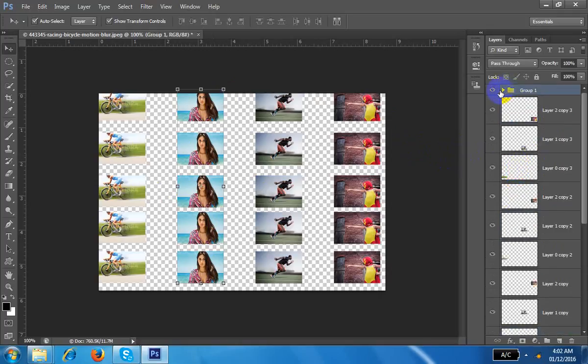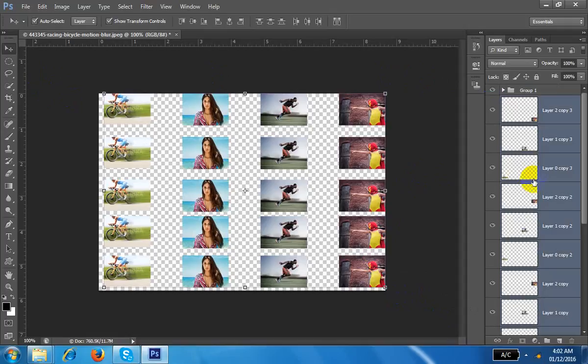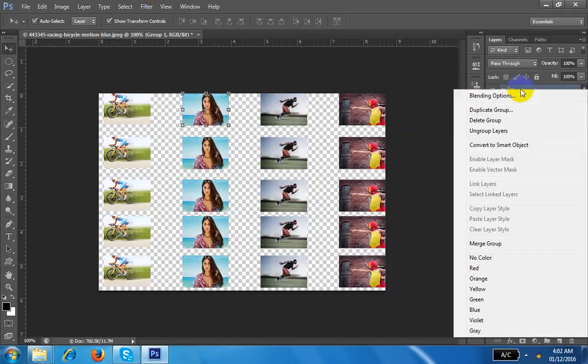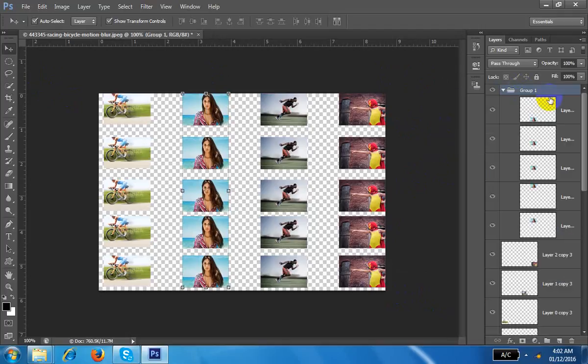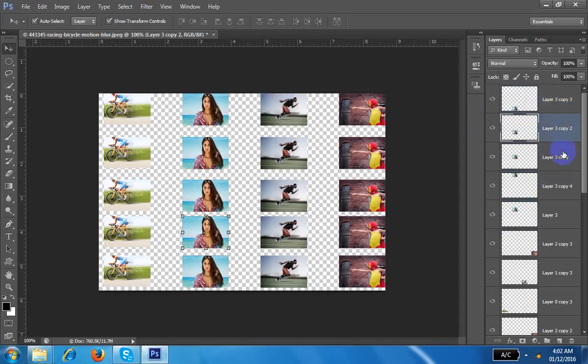Suppose all these images are there, and you want to make one layer. So this is this image. First of all, ungroup this. First image, second image, third image. Okay. So click here or click on the type at the top. Click on the type, Control E, merge. Control E, merge. Right now this is one image, it became one image.